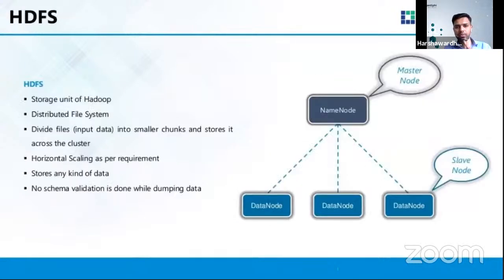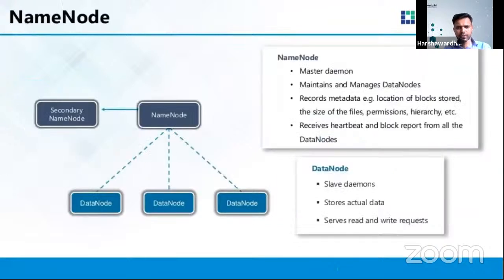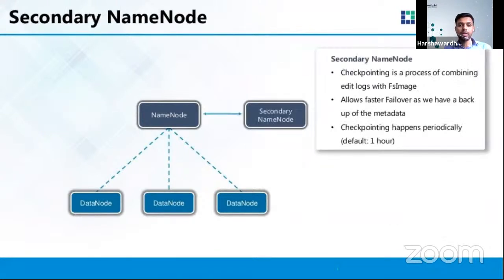In HDFS, there are 2 main components, name node and data nodes. So this is what the information is. I just talked about this, right? The name node is a master daemon which is responsible for keeping track of and keeping hold of the whole cluster. It is a very important component of HDFS, the master one. And then comes the data node. There is something called a secondary name node as well. As the name indicates, it is somehow related to the name node, at least you can understand that, right?